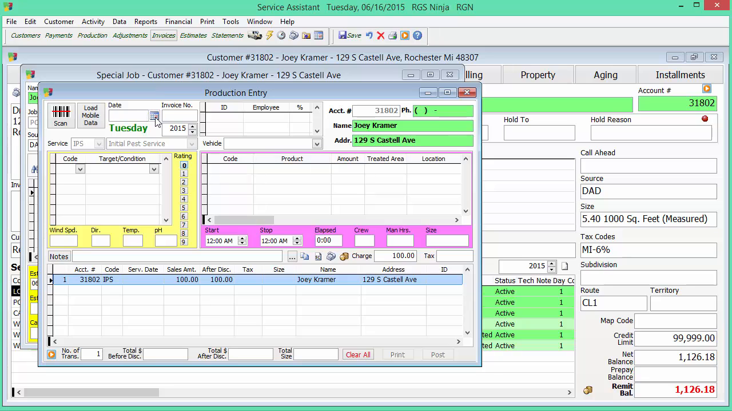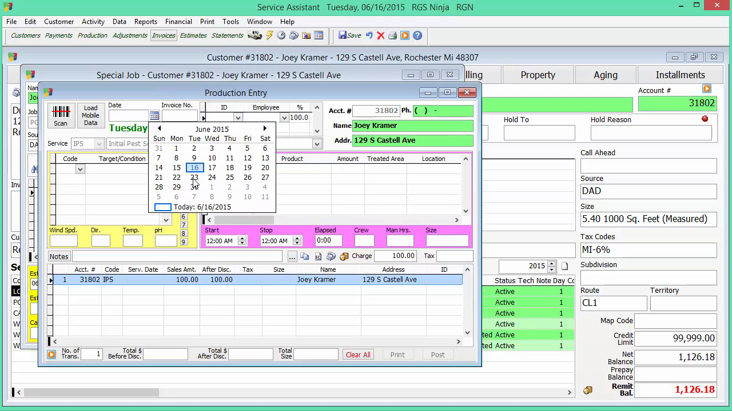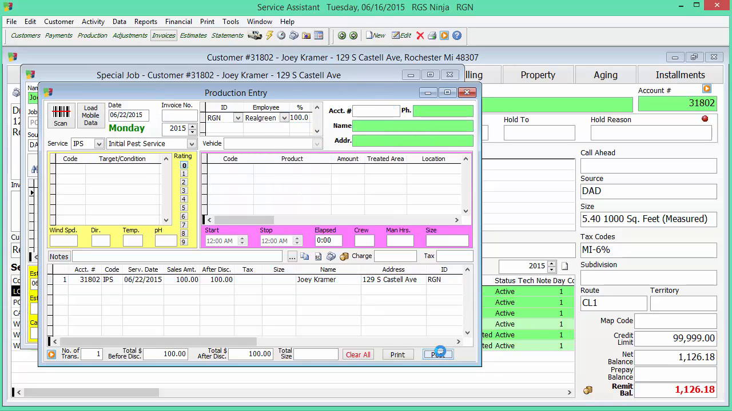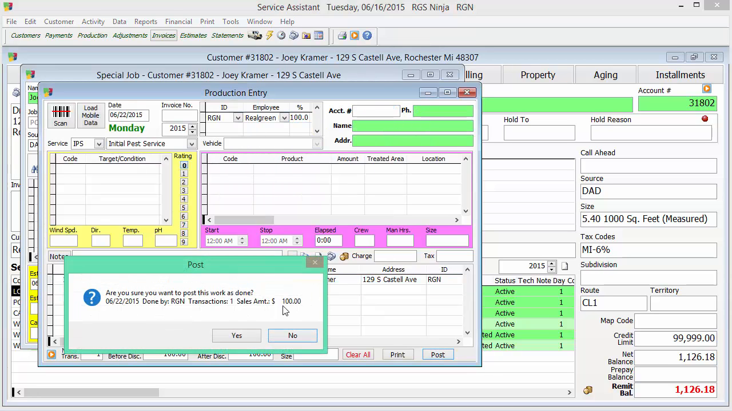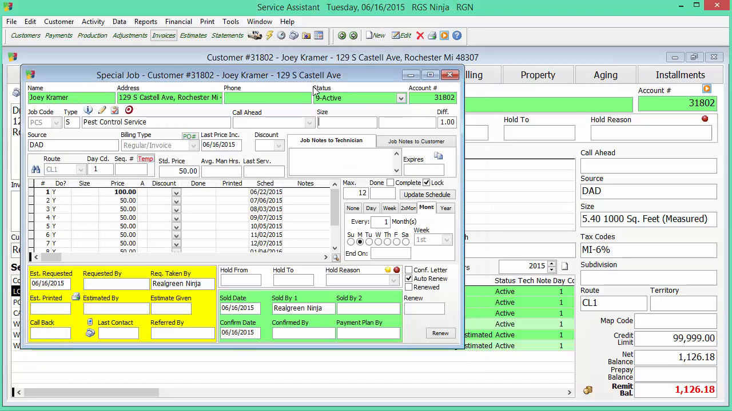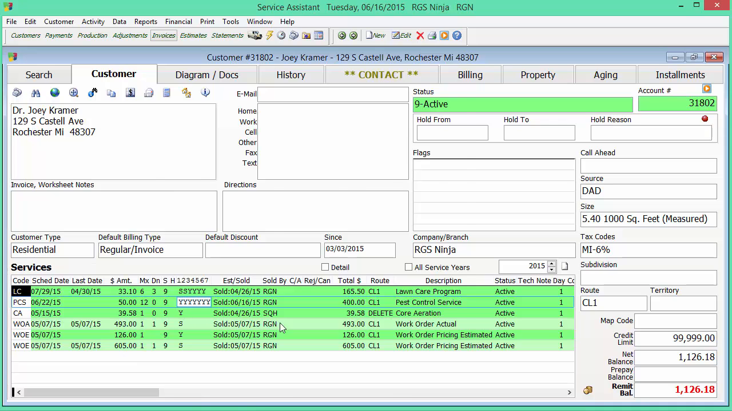So, again, I'm going to double-click the done date. I'm just going to throw some information in there. I'm going to say it was actually done on the 22nd. I'm going to say this is the technician that did it. Save. Post. You can print, preview, or export. I'm going to cancel because I don't care about that. Hit yes. And now, when we come back to the job screen, if I close it and reopen it, you'll